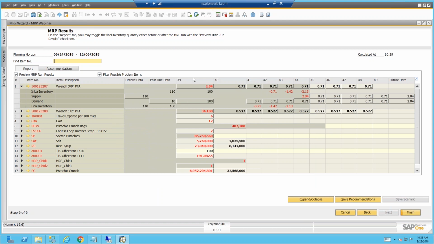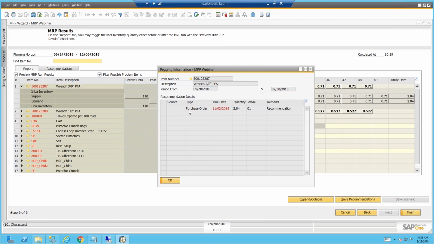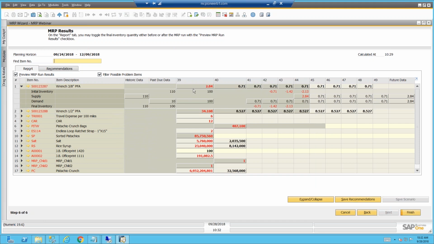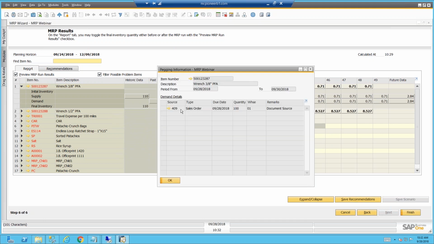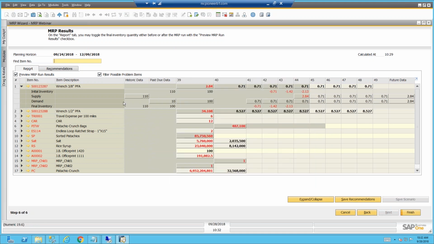And then it runs us through the weeks, week by week. So we see that there is a recommendation of the MRP to order 2.84. It's a purchase order. We see no link because it's a recommendation, so it's not yet an actual document in the system. And then we see that we have another demand here that is coming today. Seems like the due date of that item is 0 because it gives us a recommendation at the same time,